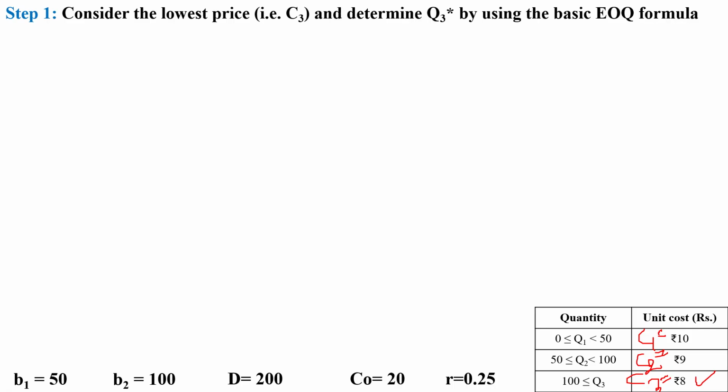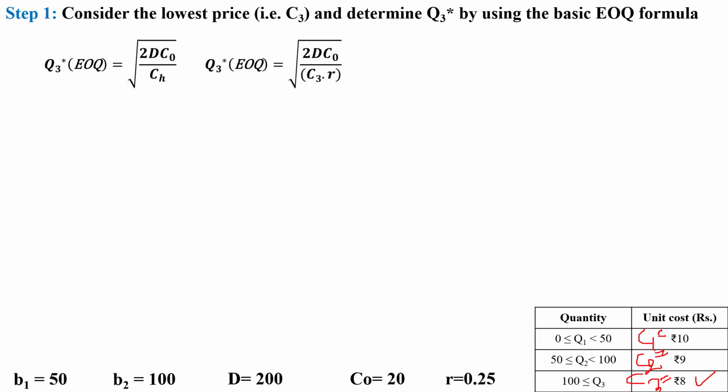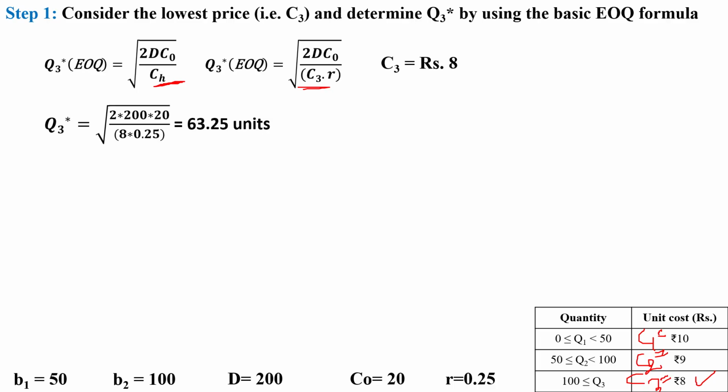And we have to determine the EOQ. So let's consider the EOQ value as Q3 star. So Q3 star equals the root of 2D C0 by CH. This formula can be rewritten as Q3 star equals the root of 2D C0 divided by CH, where CH can be written as the unit price into small r. So here the unit price is C3, then C3 into small r. We know all the values, then substitute. We will get Q3 star equal to